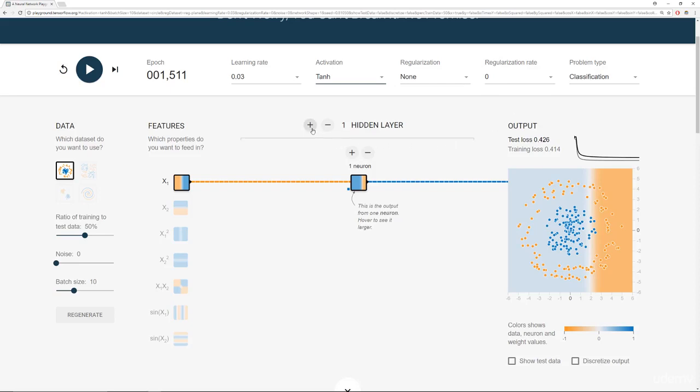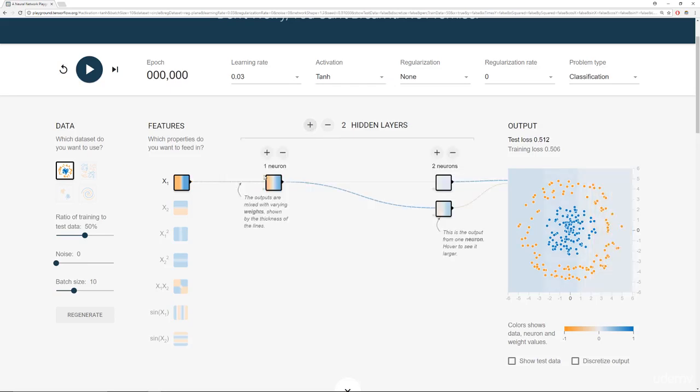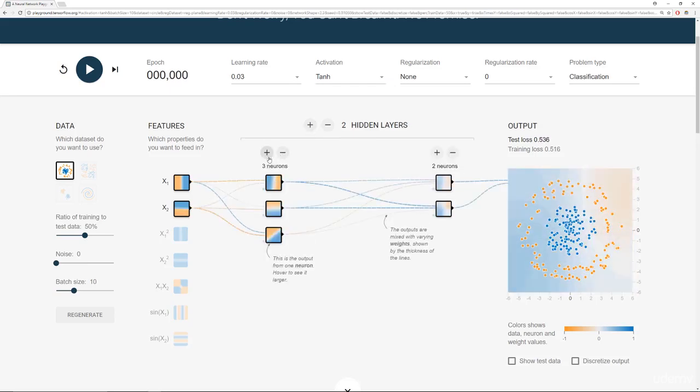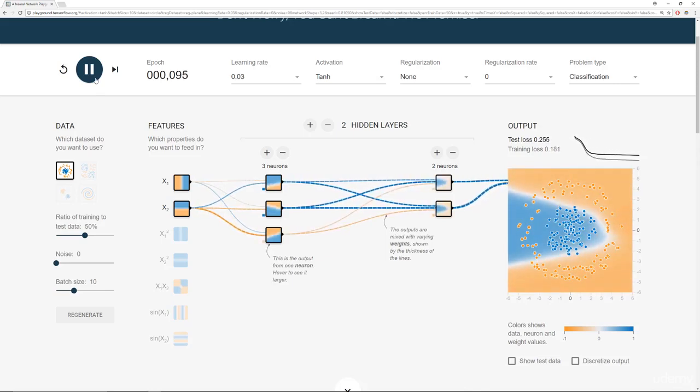Let's try to make a more complicated neural network. We'll go ahead and take in two features, and then let's say we'll go from 3 neurons to then 2 neurons and see how this performs. So we're going to then run this, and hopefully now we're going to see a much better performance. And you can see here, we are just visually almost getting it to the point where we're correctly classifying all these blue points and those orange points. So in order to fix this, what we can do is try adding some more neurons or playing around with the hidden layers. But let me go ahead and pause it here to kind of show you what these lines